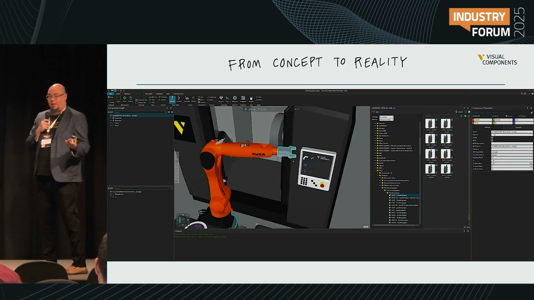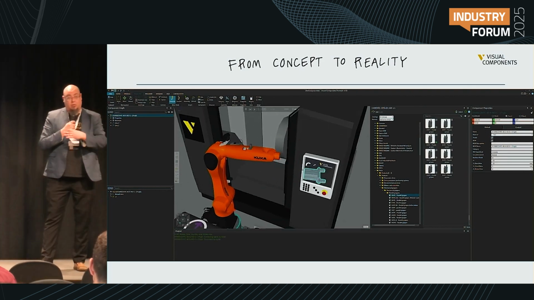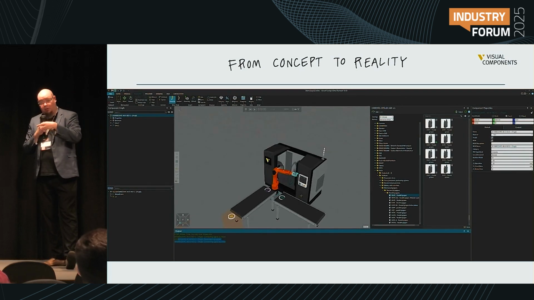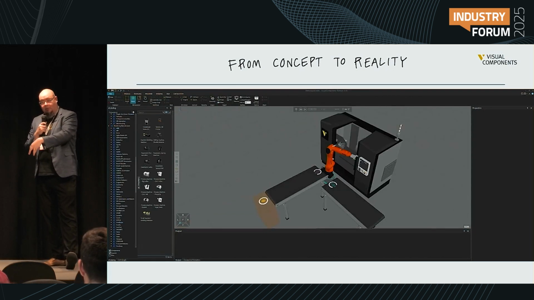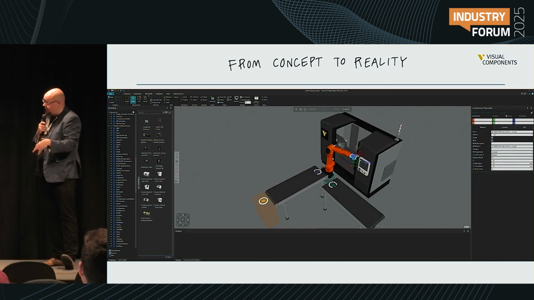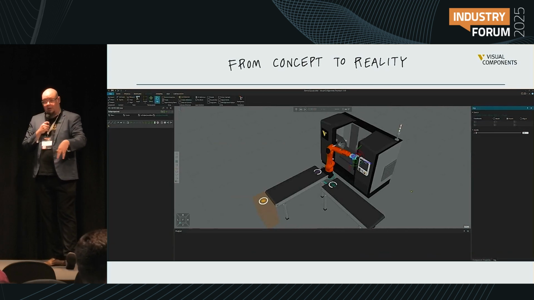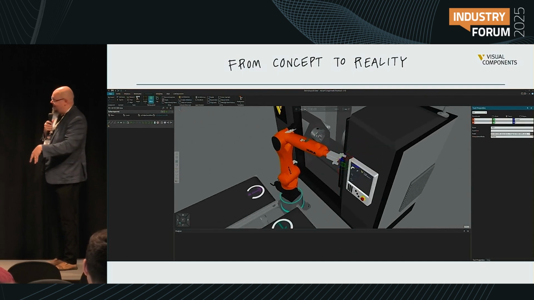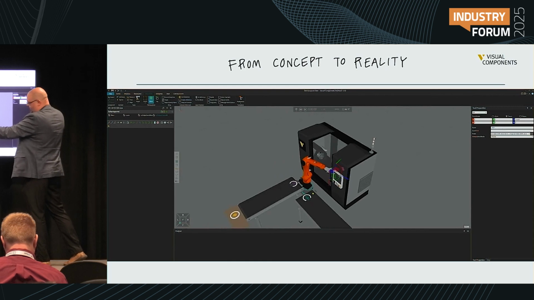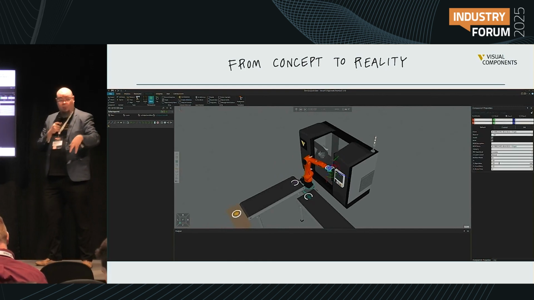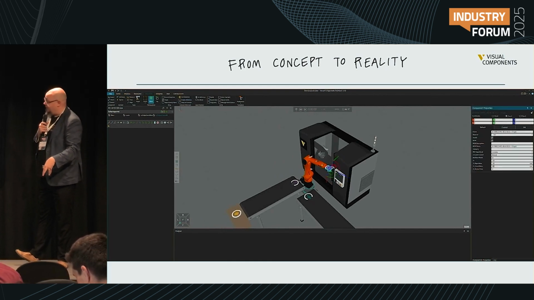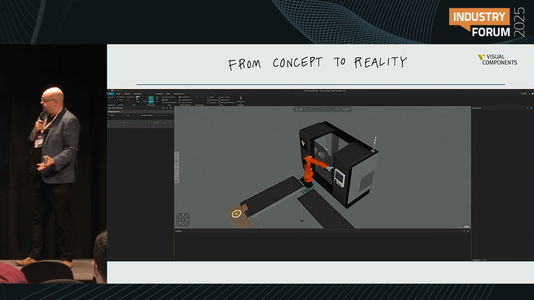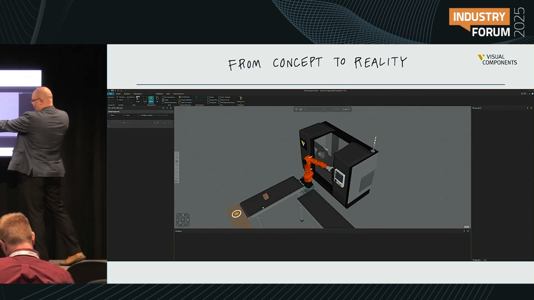So it will pair it automatically. And at this stage, the simulation already knows that it's a gripper. It has its own tool center point already, so when you move the tool center point, it knows from which surface and how the product is picked with this specific gripper. And now you can actually play the simulation, and the model is using this new gripper to pick